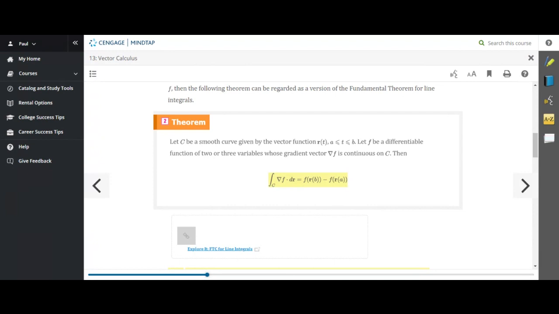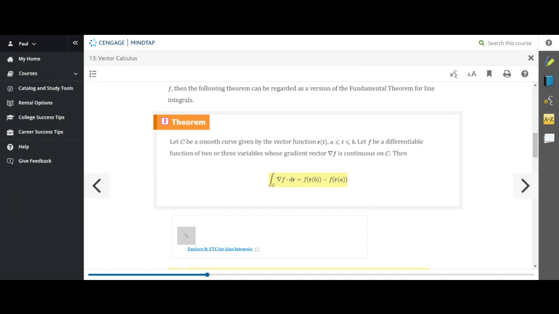Those are time values. So basically find out at the starting time what point the particle starts at, and then at the ending time what point the particle ends at, and then evaluate the function at those endpoints and take the difference, and you'll be computing this particular